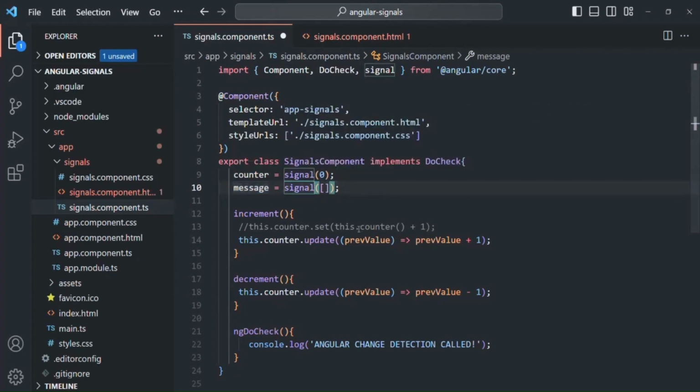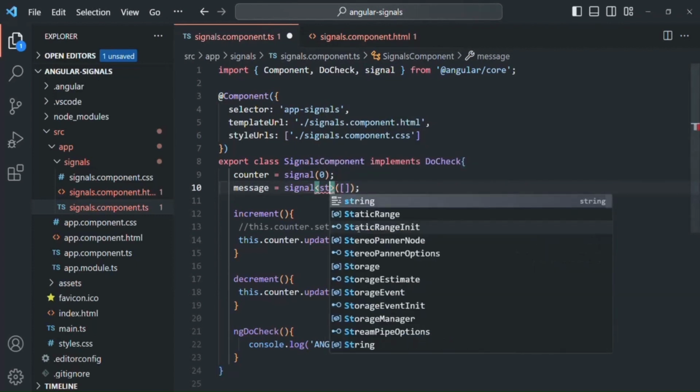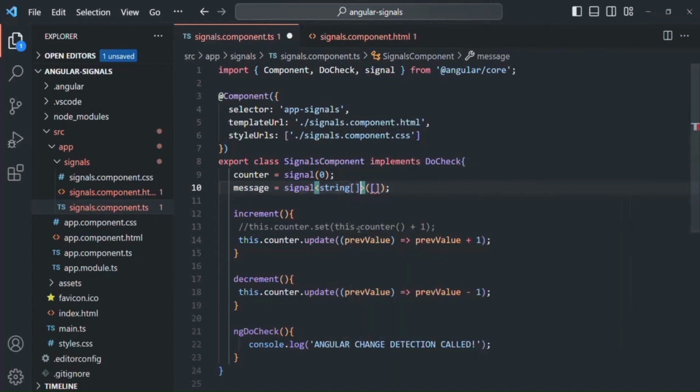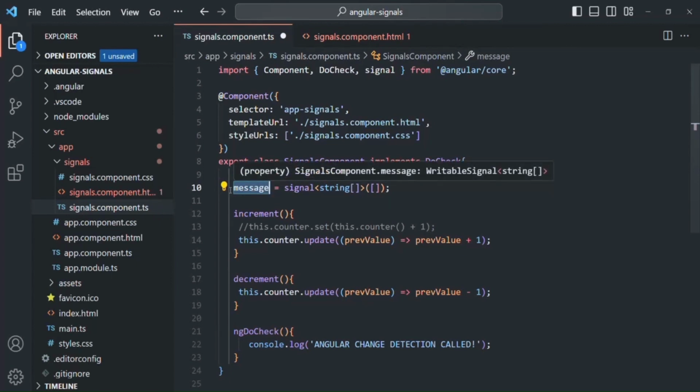So the signal is of generic type. So here we can use angle brackets, and inside that we can specify the type. So here the type is going to be string array. Okay. So now this message, it is a signal. Now what we want is,